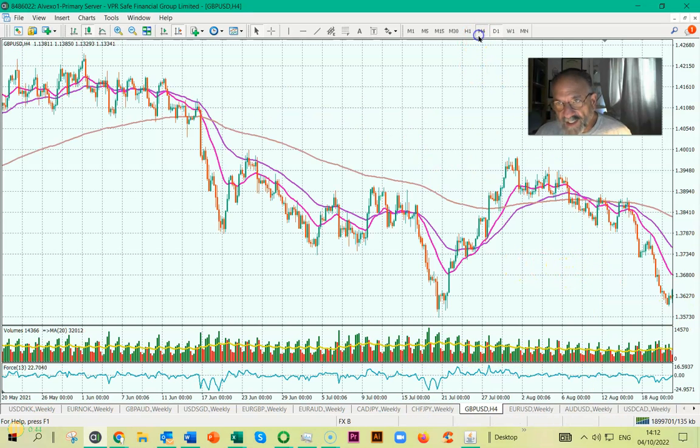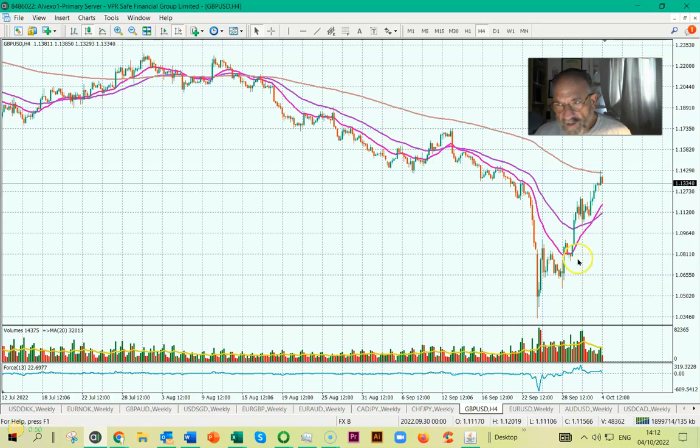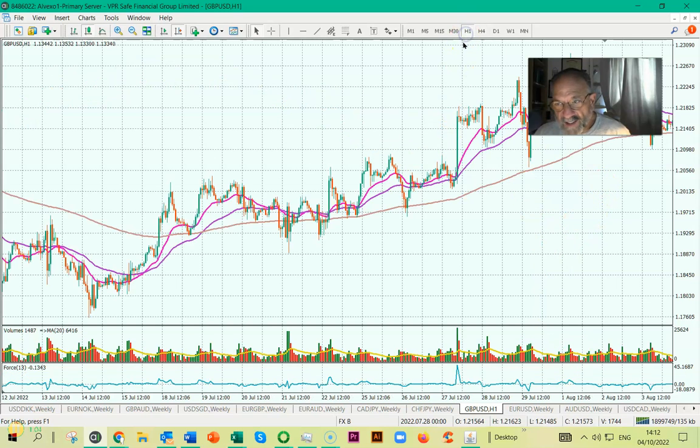In fact, if we look at a 4-hour chart, which we always like to do before entering positions, we see the volume is dropping off, force index is falling down, and the tails are getting longer on both the upside and the downside. If we're on the 1 hour,